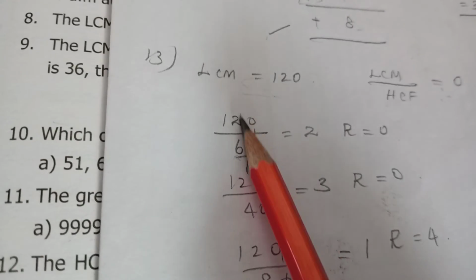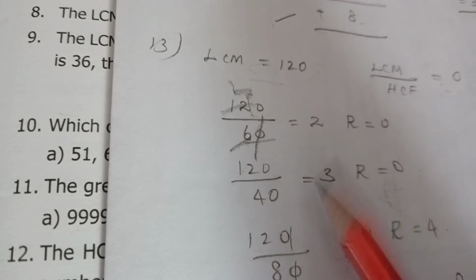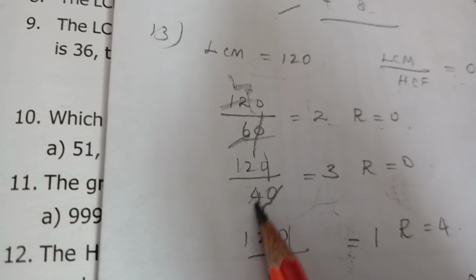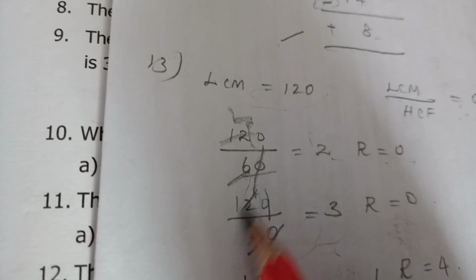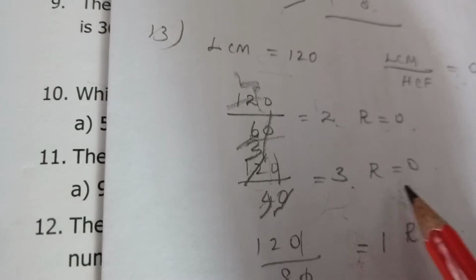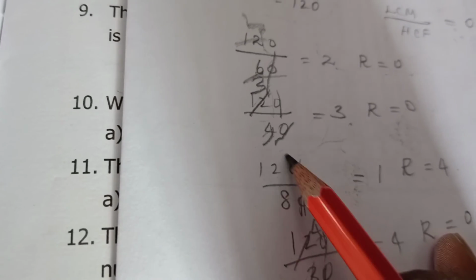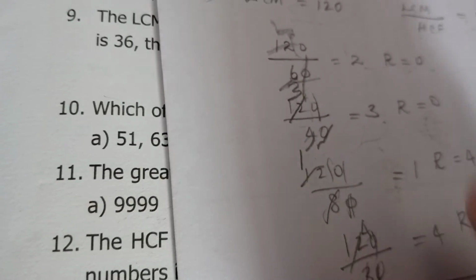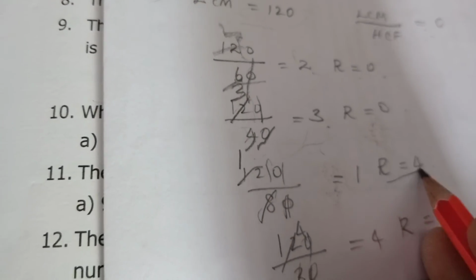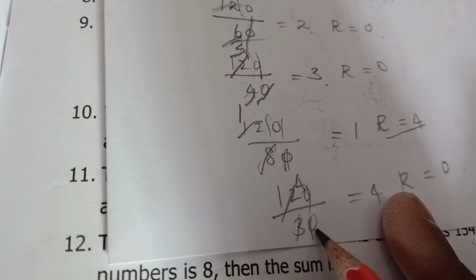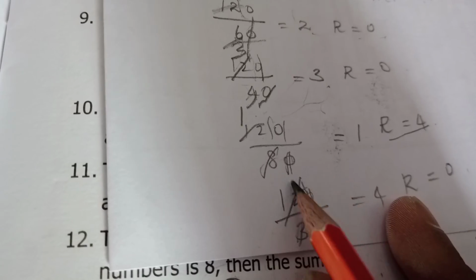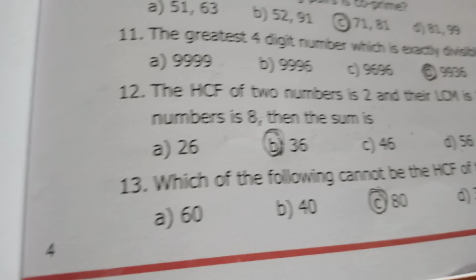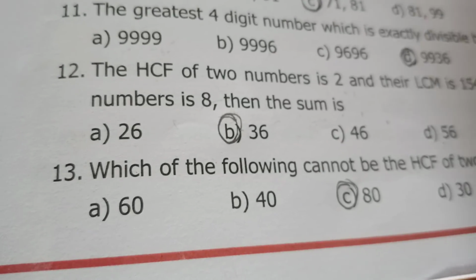Now we get 0. 6 2s are 12, so 2 remainder 0. So 40 also 0 here cancel, then 3. When we cancel here 3 we get, so 3 is the answer, remainder is 0. 120 by 18, when we cancel 0, so 1 8 and here 1 8. Balance remainder is 4 it comes, it cannot be 0. So remainder is here 4. Now last sum 120 by 30 also when we check it, 0 0 cancel, 1 3 4. So 4 remainder is 0. So our answer is C answer. Our answer is C. See last one 18 is the answer.